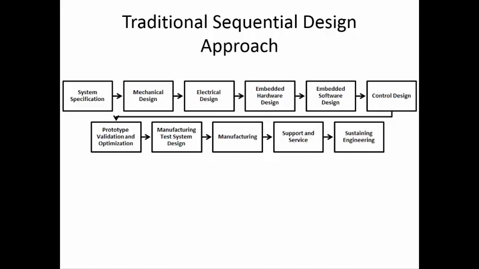So in the traditional approach, the mechanical person will say, okay, I want a speed control, so I will have a gearbox. The gearbox will have an input shaft and an output shaft. And I will have a gear lever, which is used to control the speed of the vehicle. So I am having 4 speeds. That is what he will think. He will not think how exactly he can control the speed in a much better fashion. So he will have only a few options of speeds: speed number 1, 2, 3, 4, 5. That is the first gear, second gear, third gear, fourth gear, and the 5th gear. That is a traditional approach.